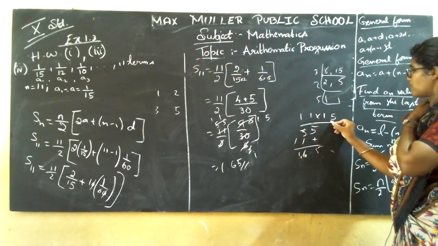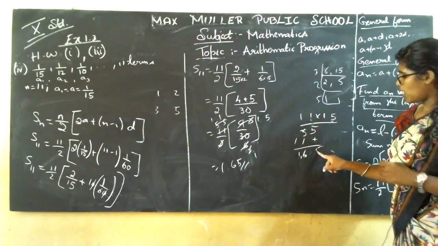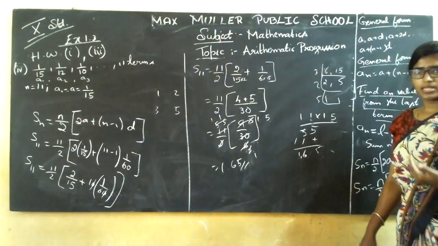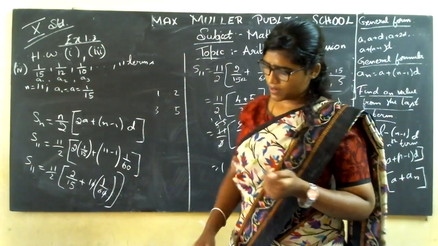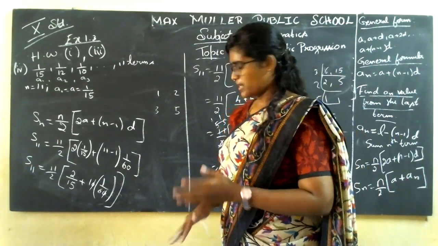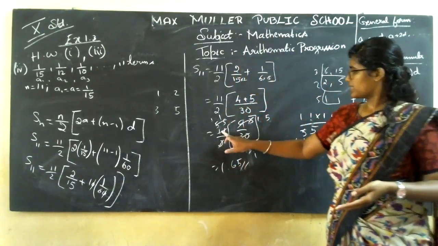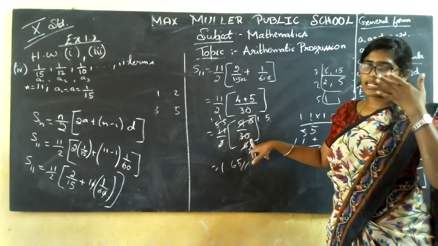Then here I have one value and one value. 1 plus 1 is 2 numbers I have. So after 2 numbers, I'm going to put the decimal value. So it is 1.65. And in the answer, in the back sheet, they have given us 33 divided by 20. You can keep it as it is, that is 33 divided by 20, or you can take it as 99 divided by 60 also. Okay, 99 divided by 60.